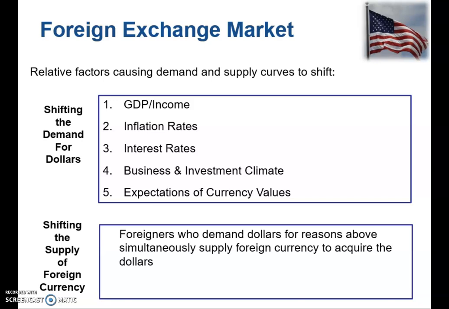Continuing on, there are factors that can influence the foreign exchange markets. Those factors will shift the demand curve for dollars and